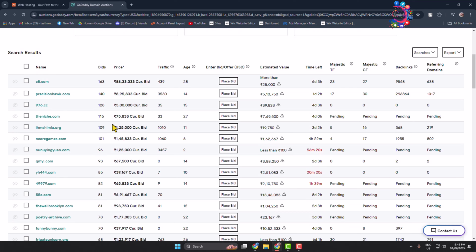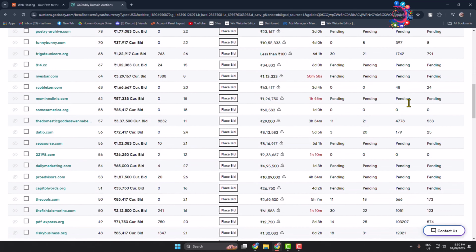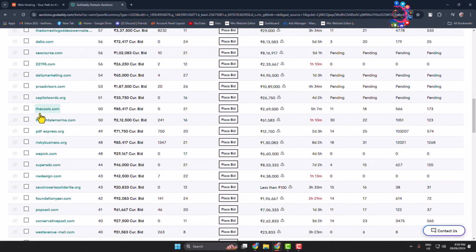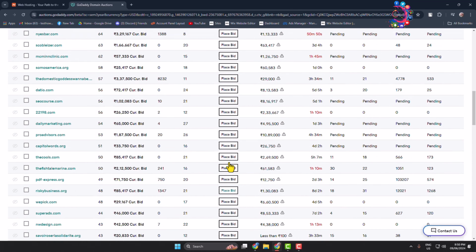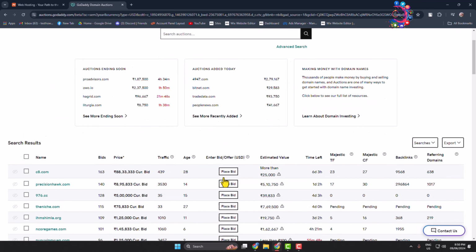In this page, if you scroll down here, you will find lots of expired domains, and here we can see domain details. So this is a domain. Here we can see this domain, bids, price, and here we can see these expired domains' backlinks. So all you have to do is go ahead and scroll down and search for expired domains. To get one, just click on place bid and you'll be able to purchase the expired